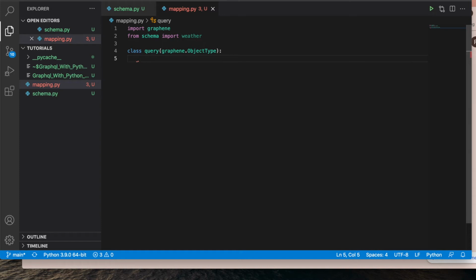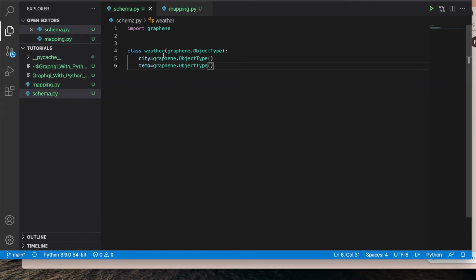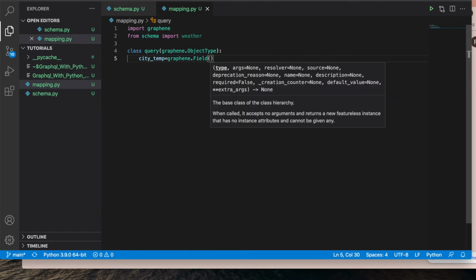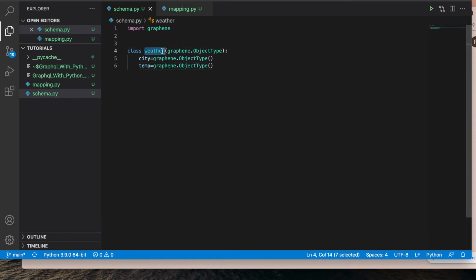As I said, I'll be going to generate the city temperature. So maybe I can write city_temp, and that is going to be graphene.Field. I am going to mount this object type here using the field type. So this is going to be a field, and field of what? This is a field of Weather.